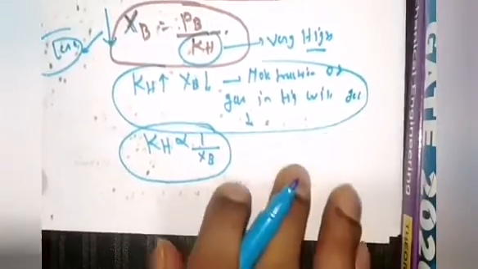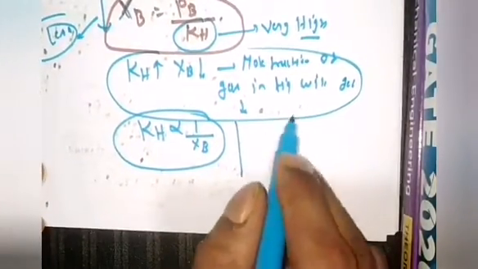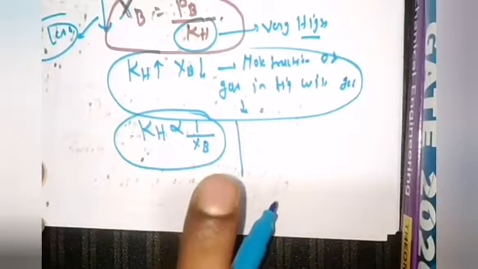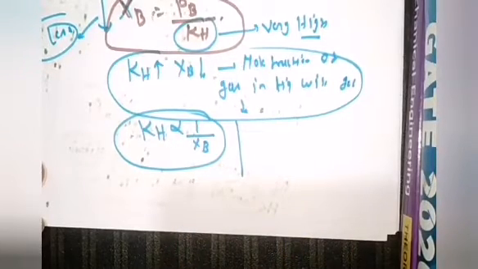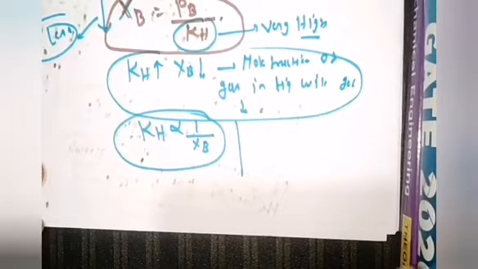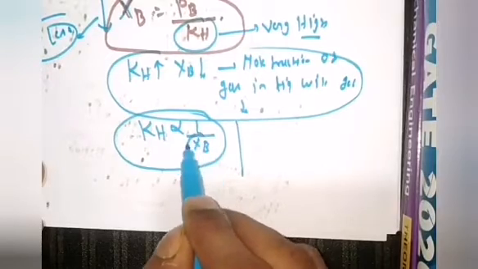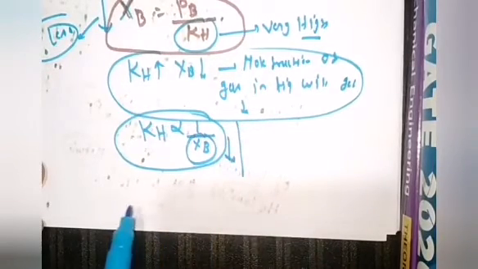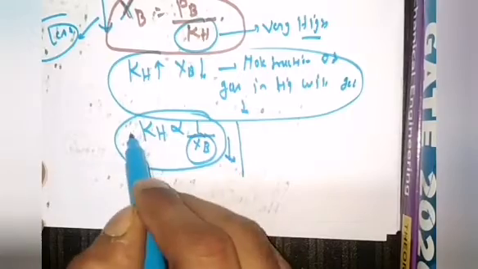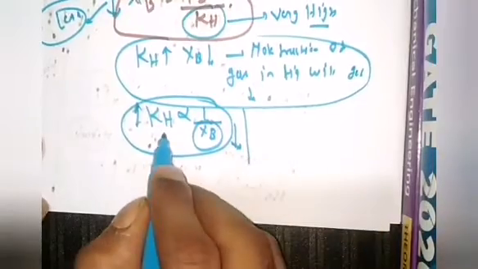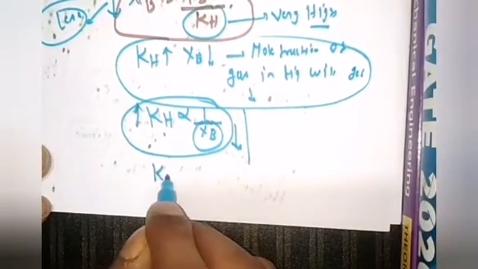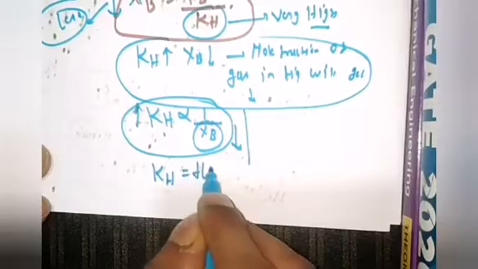Now understand one thing, I have discussed that dissolution of gas into liquid is an exothermic process. What is the meaning of exothermic process? I have told you, if you increase the temperature, then the dissolution process will get reduced. That means it will not support dissolution. Okay, the dissolution process will get restricted. Means by increasing the temperature, what will the value of XB do? It will decrease. And by increasing KH, what will the value of XB do? It will decrease. That means we can correlate KH with the temperature. So here we can see that KH is a function of temperature.